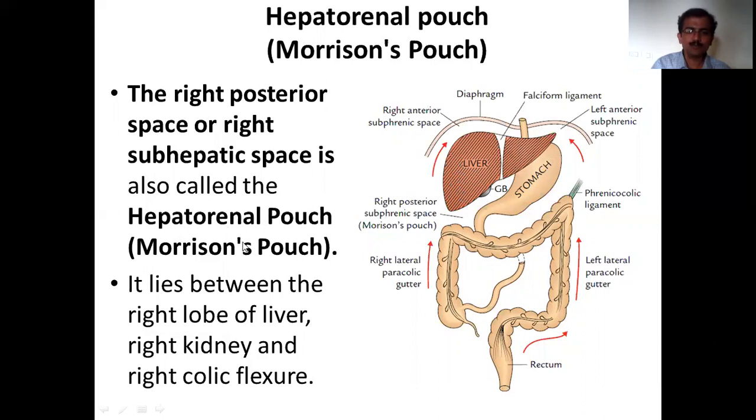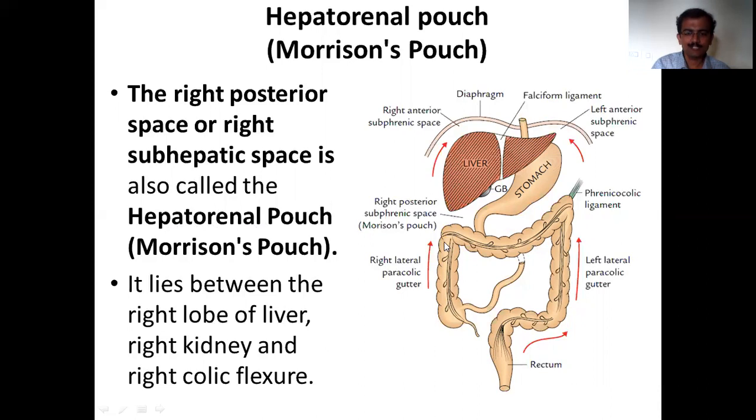That's also called Morrison's pouch or hepatorenal pouch, because hepatorenal means it is lying between the liver anteriorly and the kidney posteriorly. So that's called hepatorenal pouch, or right posterior subphrenic space, or Morrison's pouch, or just the right subhepatic space. All these are synonyms. So it is lying between the right lobe of the liver and the right kidney and